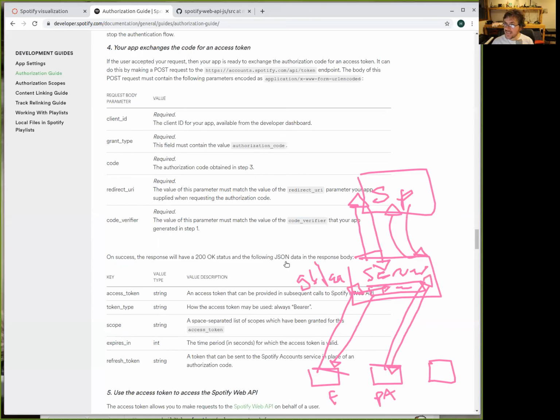As you can see, in this particular configuration, the only one connecting to Spotify is my server. Only my server is connecting to Spotify, okay? It's a bridge, it's an intermediary, and how do you say intermediario in English?